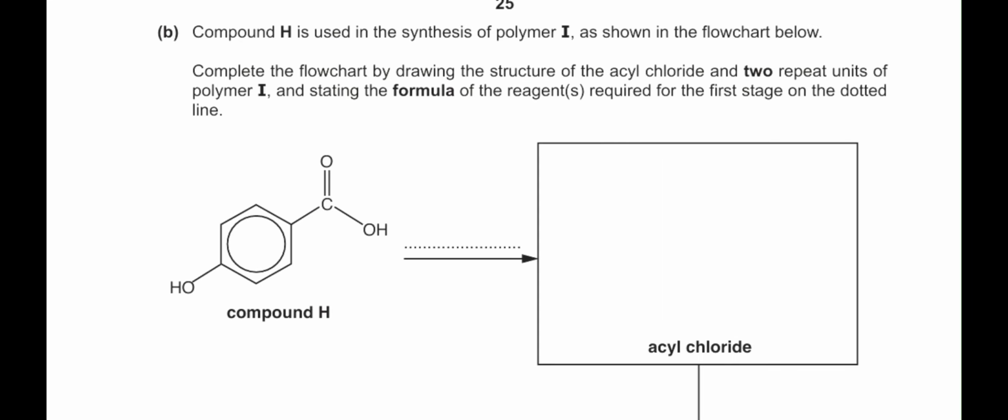Part B. Compound H is used in the synthesis of polymer I as shown in the flow chart below. Complete the flow chart by drawing the structure of the acyl chloride and 2 repeat units of the polymer I and stating the formula of the reagents required for the first stage on the dotted line. An acyl chloride is a derivative of the carboxylic acid group with the OH part replaced by chlorine. Now here we just need to replace OH here and put Cl here, and also look for which reagent will